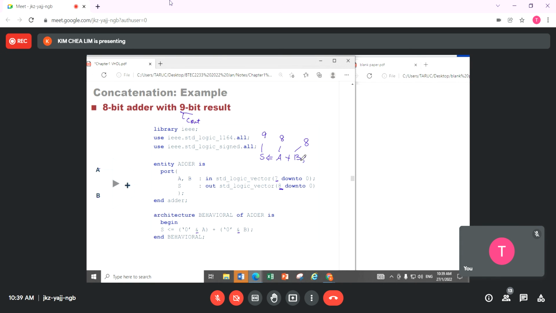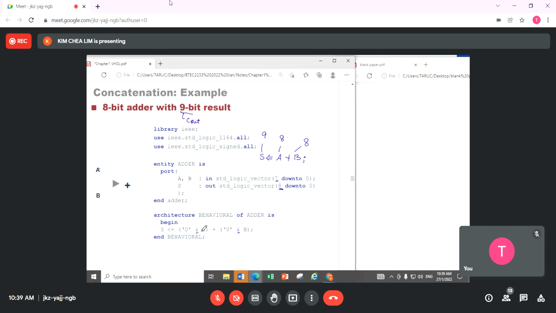So with this, I have to add one extra bit to my A as well as my B. How to add? We use concatenate. Whatever is the A here, the extra bit that I put in here goes to the MSB, and the same for the B. So I'm changing the A from 8-bit to 9-bit. Same thing here, so that when it comes to additions and compilation, it can be accepted by